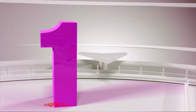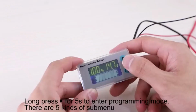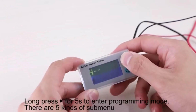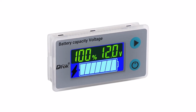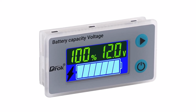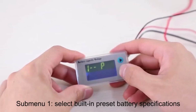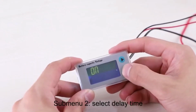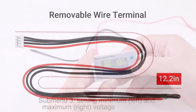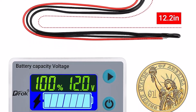Number 1. Drox 0 to 100V Digital Battery Monitor. If you're looking for a practical option, Drox 0 to 100V Digital Battery Monitor needs to be on your shortlist. It earned this status by working with several instruments and battery types, with a max power rating of 100 volts. Most buyers find it works best with lead-acid batteries, but it has shown effective results with NiMH, phosphate-based, lithium-ion, and lithium batteries. It shouldn't be too much of a problem to forecast and measure the capacity or voltage